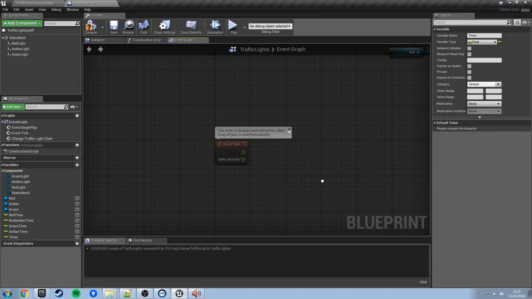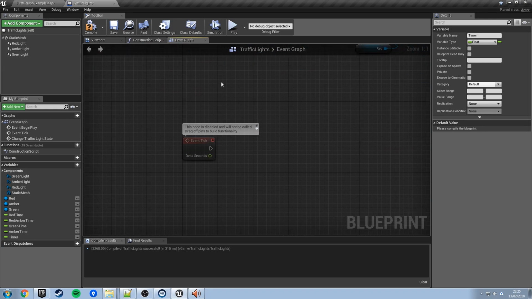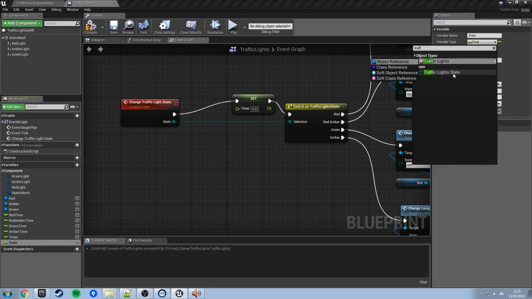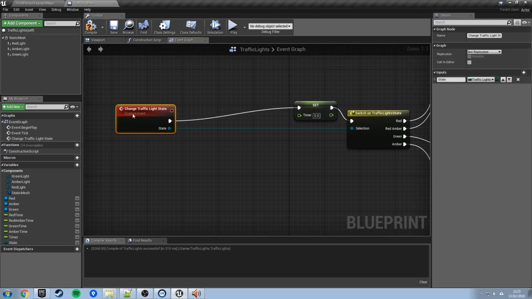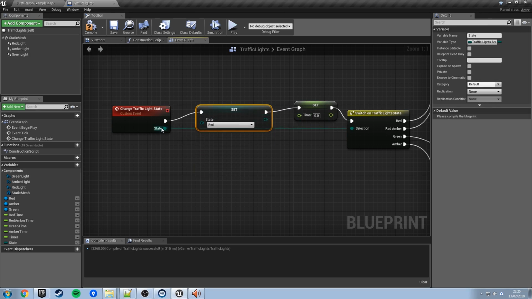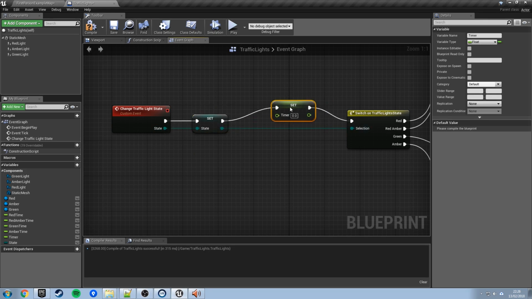Now what tick is going to do, first of all, it needs to check what state we're actually in. So I think what we need to do here is make another variable, call that state, and the variable needs to be of type traffic light state. There we go. And again, we'll use this change light state function to set that variable. So we'll go state variable, set state, wire that up here, and we can store the incoming state parameter in that, and then pass that on to there. Okay, so we say we want to change to a state. We set our state variable to be the new state that we want, set the timer back to 0,